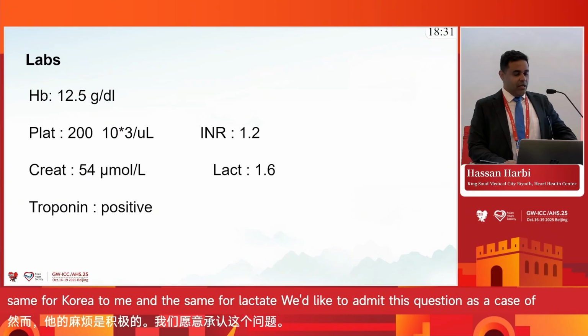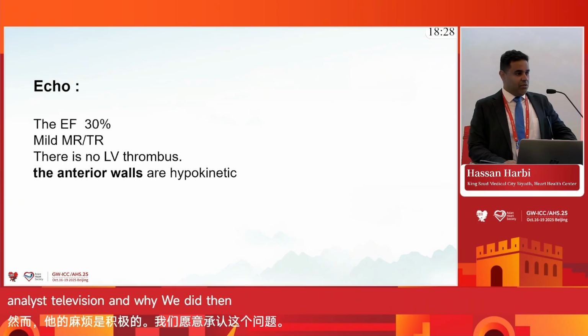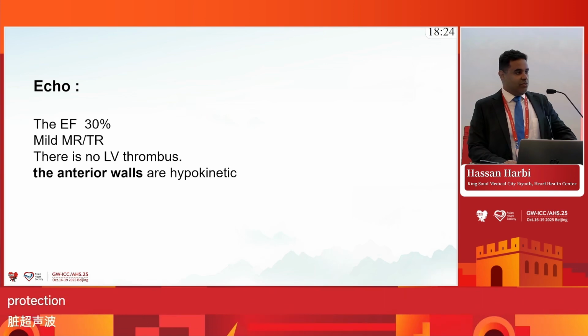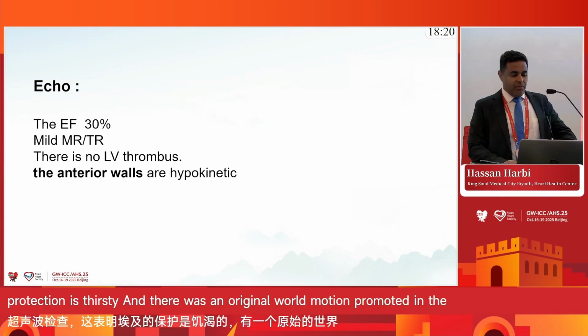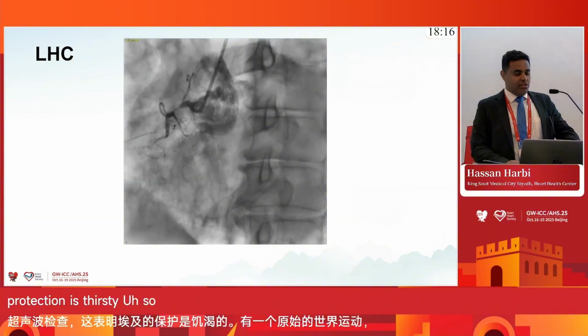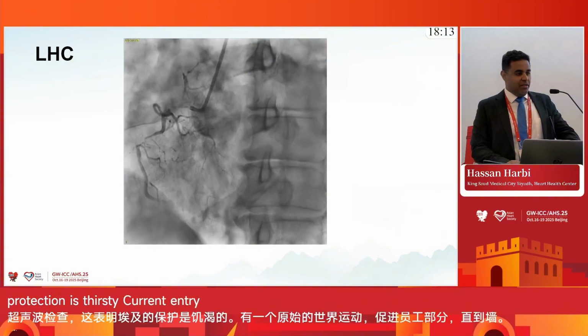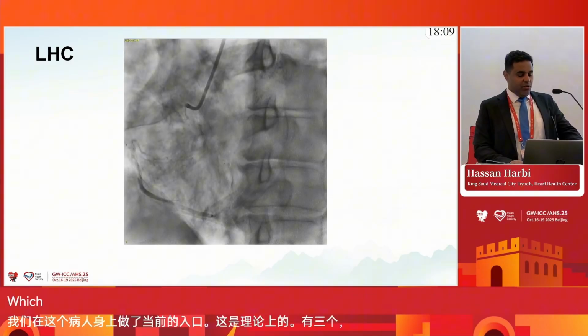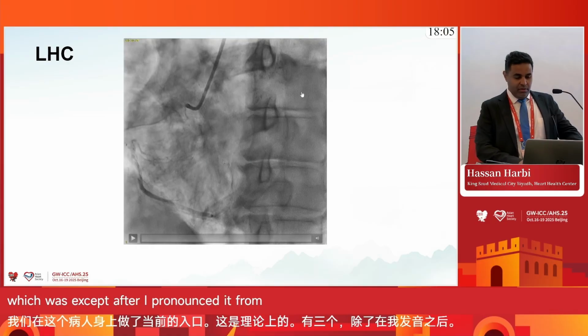We did an ultrasound of the heart, which showed that the ejection fraction is 30, and there was a regional wall motion abnormality in the anterior walls. So we did an angiogram of this patient, and this is the right coronary artery, which was subtotally occluded from